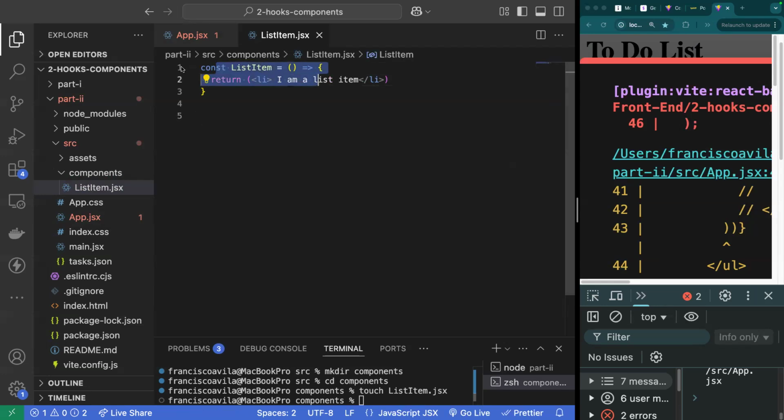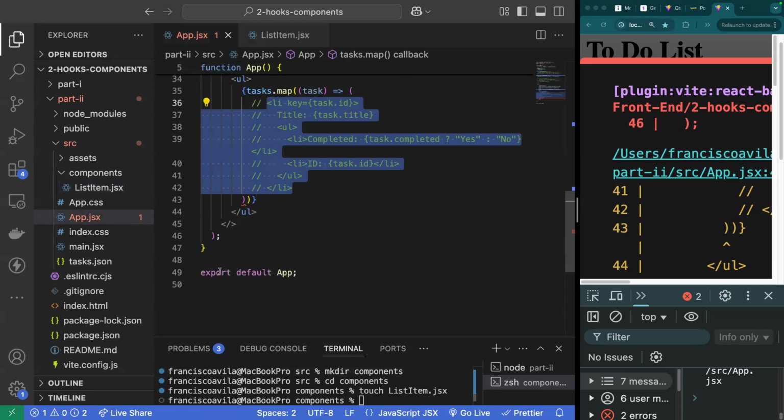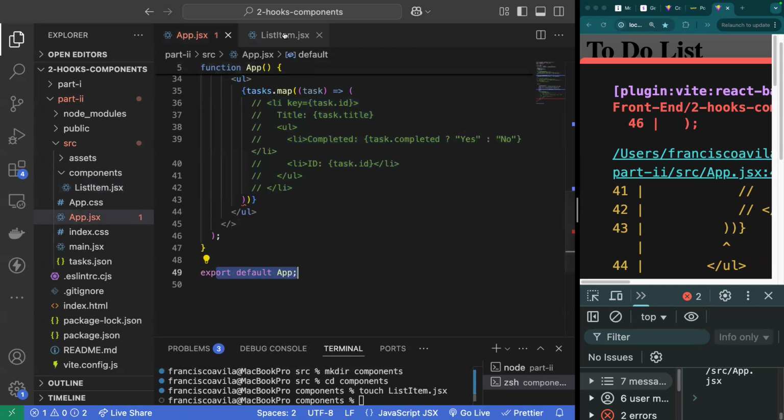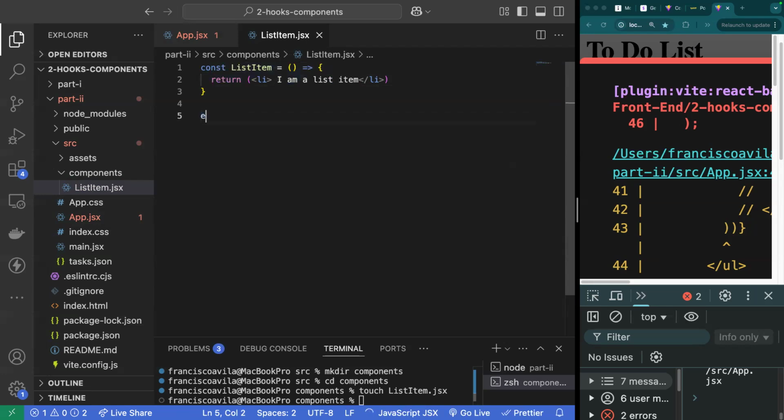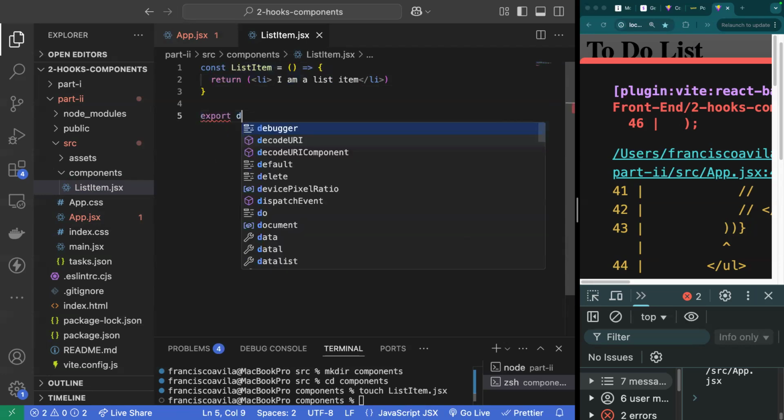Whenever you're exporting this file here, we can take a look at app.jsx and we'll see that there's an export default statement there. If I add an export default statement